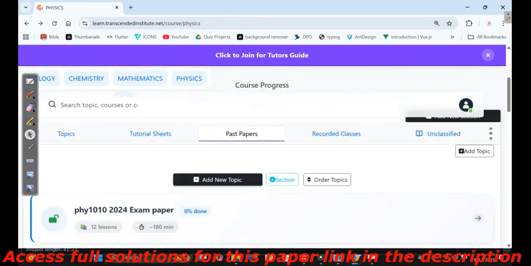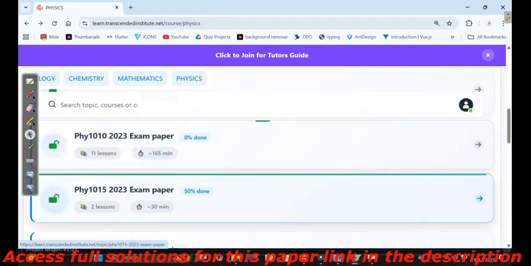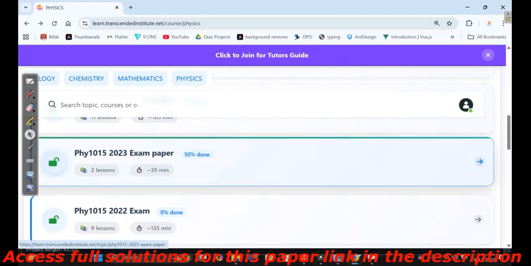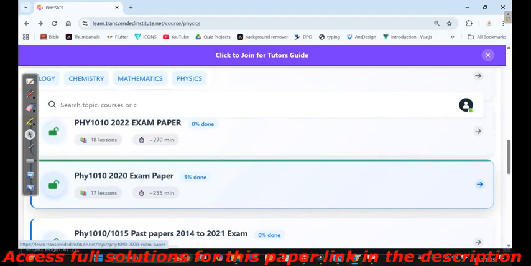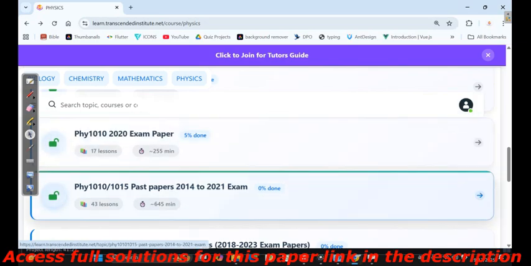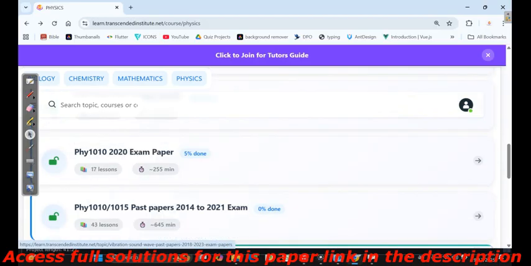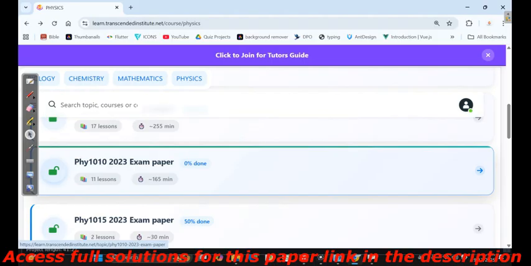Not only this paper that we have, but we also have other papers for the same paper, for the same physics 1015. 2023 we have, 2022 we have, even 2021. So it's also here. So the best way to prepare for your exams, if you look at these papers, they have been repeating, just know these papers, watch our videos, they will really help you. Okay,